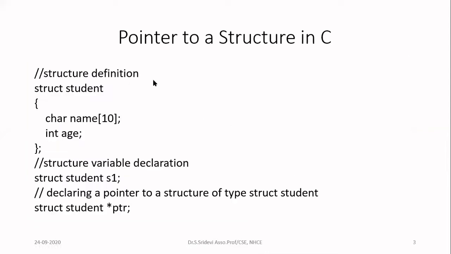So now we are going to see how to declare a pointer to a structure in C programming and how to access the members of the structure with the help of that particular pointer. Okay, so first, whenever you want to work with a pointer to structure in C, you have to follow certain steps. Okay, first step is you declare the structure, that is, you define the structure. Okay, in structure definition, we are simply going to follow any one of the three methods to define the structure.